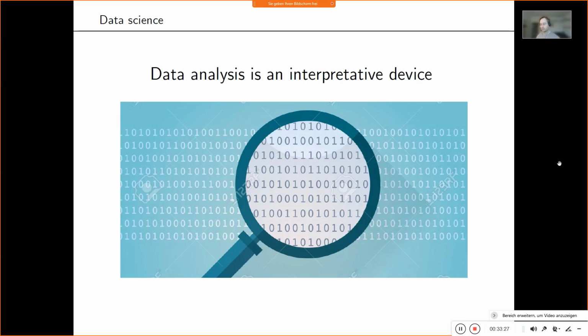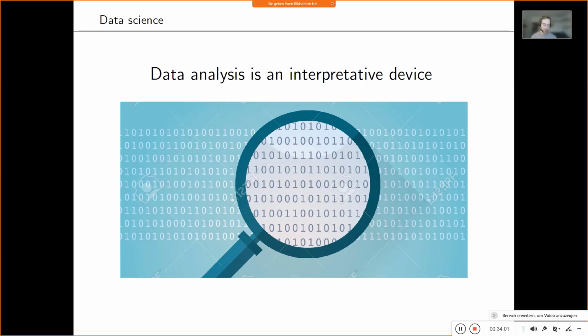Because this is then the last aspect in terms of these general remarks on data analysis. It's an interpretive device. Like I said, the data themselves, if they are stored in digital format, are zeros and ones, and some of these aspects are then interesting and useful for certain applications, and others less so. Maybe all of them are. That can also be, but that's then just a special case of certain aspects being useful.